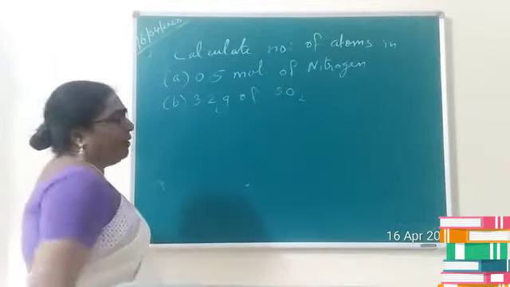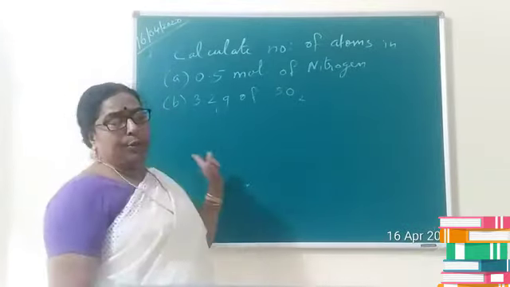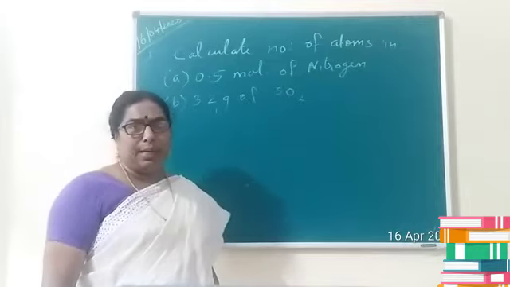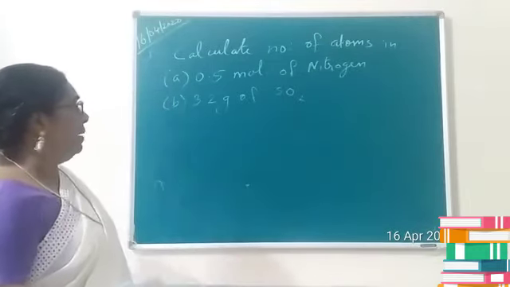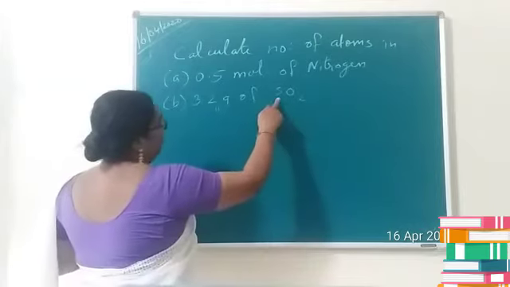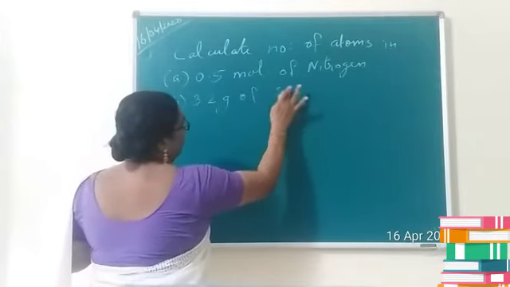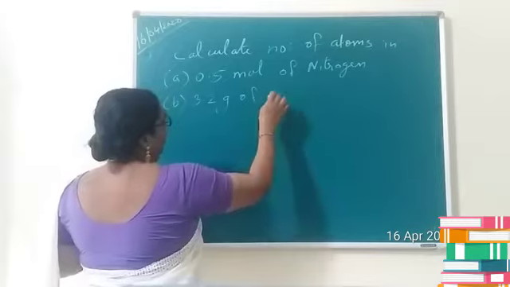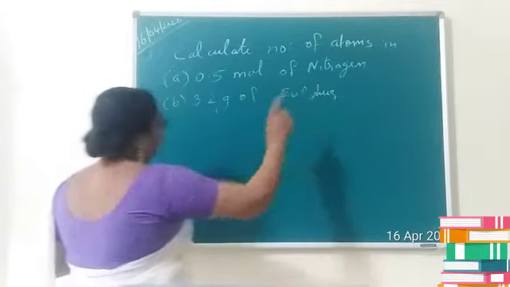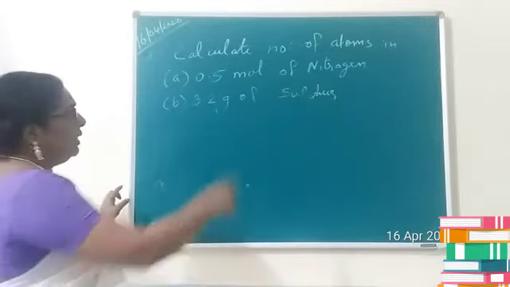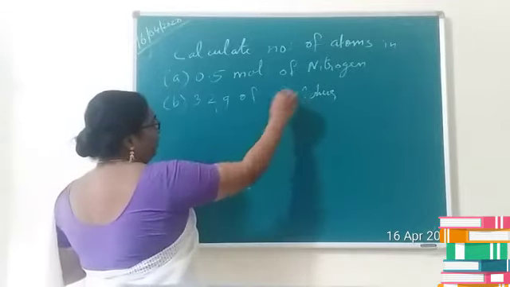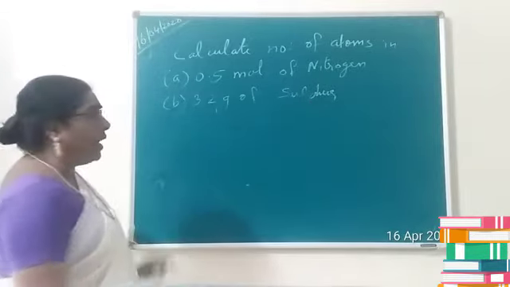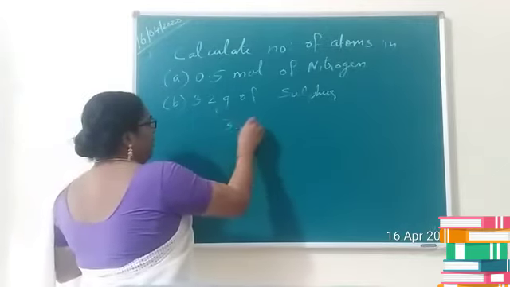Okay. Now let us solve the second part. If you consider sulfur dioxide, in the last numerical also we have calculated molecular mass. Yes, what is the molecular mass of sulfur dioxide? 64 grams. We can see that sulfur dioxide is a molecule here, children. So we can consider, instead of sulfur dioxide, let it be sulfur, 3.2 grams of sulfur, since we are going to calculate number of atoms. So we know that atomic mass of sulfur is 32 grams.